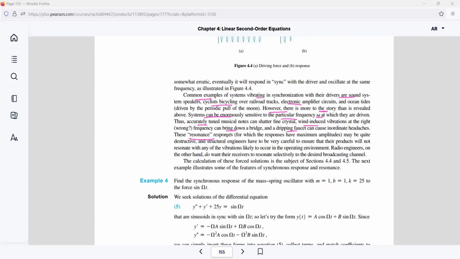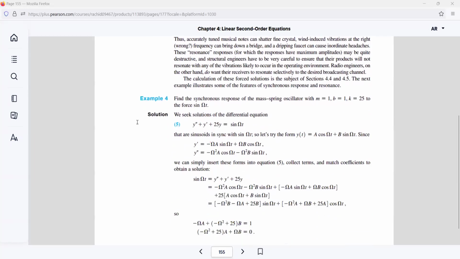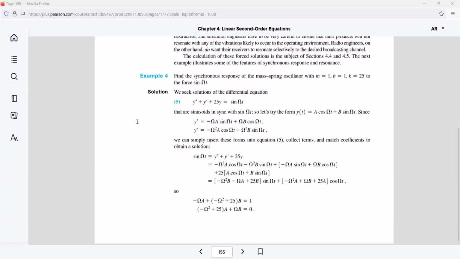So this resonance response, for which the response has a maximum amplitude, may be quite destructive. Yeah, and you'll get examples on that. So let's, I think before you start thinking a little more about what's going on here, here is a nice